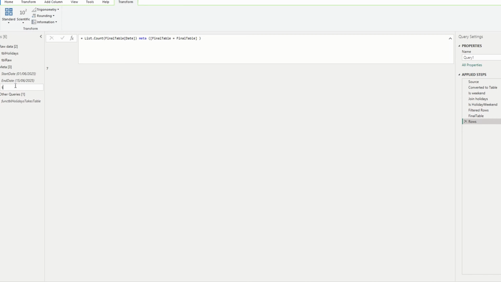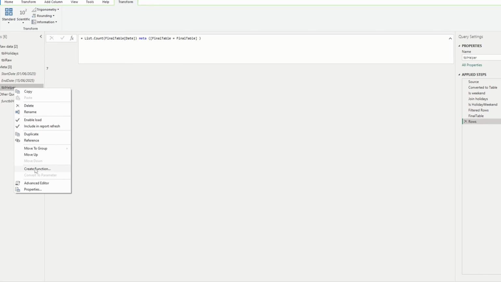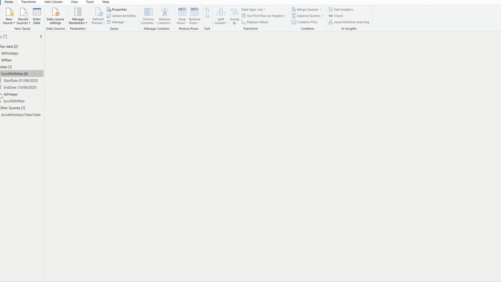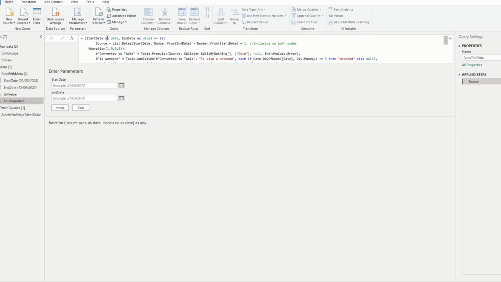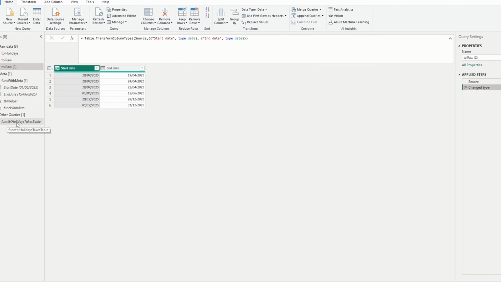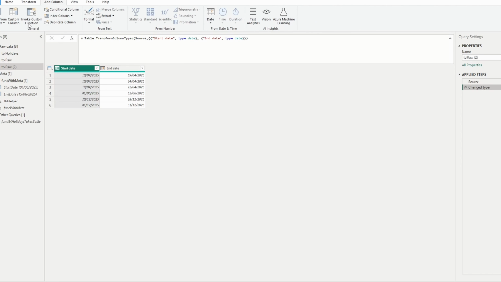And then I want to call that function TBL helper, because since this query uses parameters that are scalar values, I can convert it into a function called func with meta, and then say okay. Then we get this grouping automatically, which is fine. Because the parameters were set to date, when the query becomes a function, it remembers that the variable should also be dates, which means I can now go into the TBL raw and copy that. And instead of using the long function, I can use the meta function, and I can then use